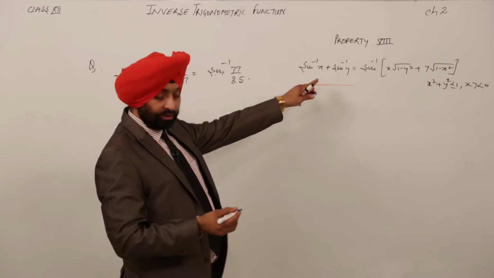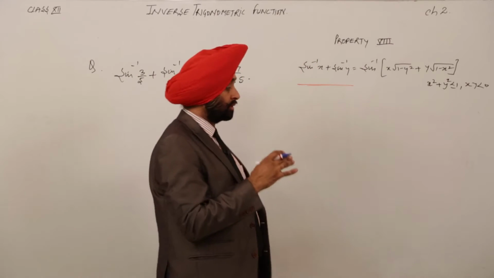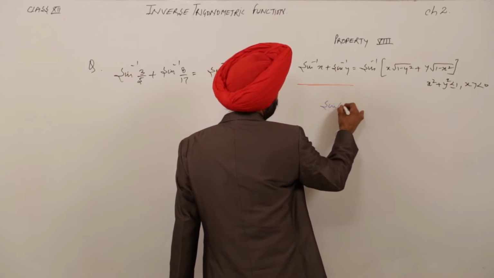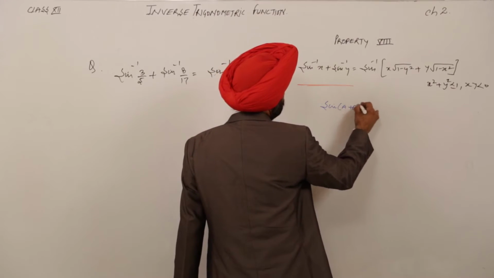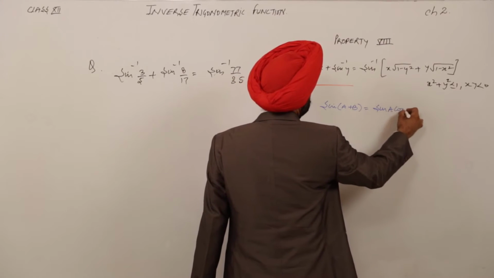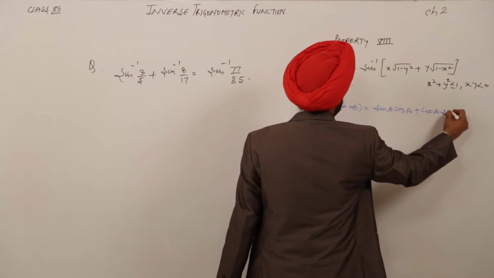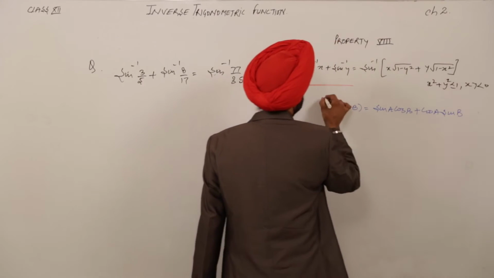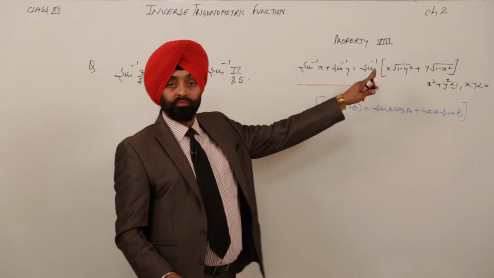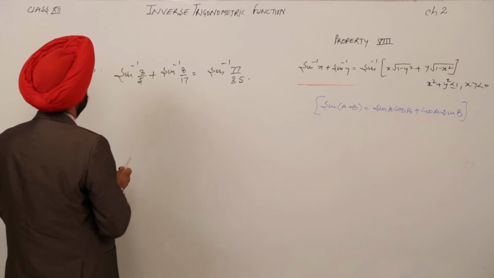So basically this was the property. What we did was convert this from sin a plus b is equal to sin a cos b plus cos a sin b. We used this part to prove this one. So now how are we solving this? We will be writing,